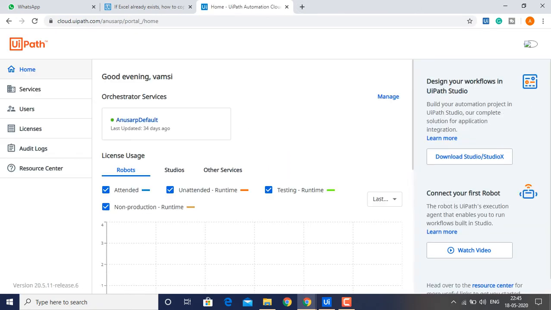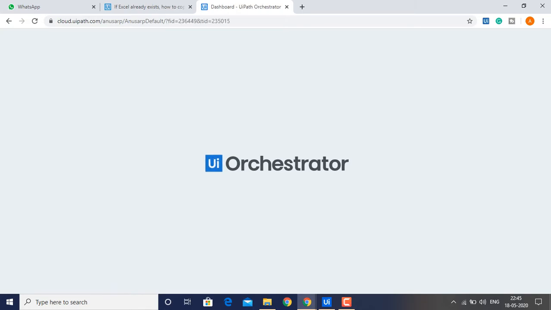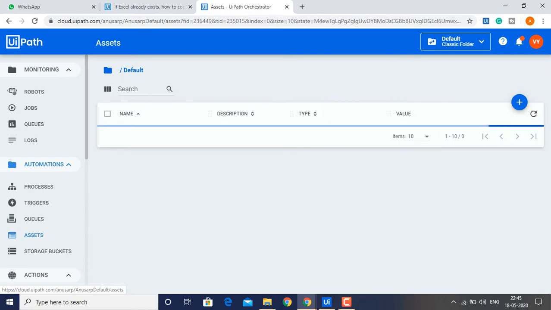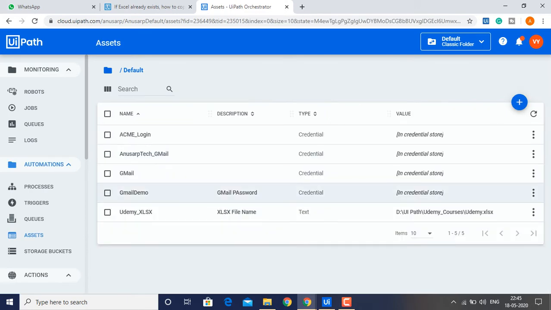Let me explain, guys. This is the platform.uipath.com portal, where Anusar default is my name, and Orchestrator. I'm coming to assets, where I have created the credentials. This is where I have mentioned Gmail as my credential name.